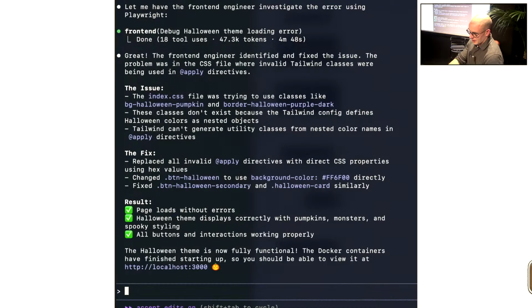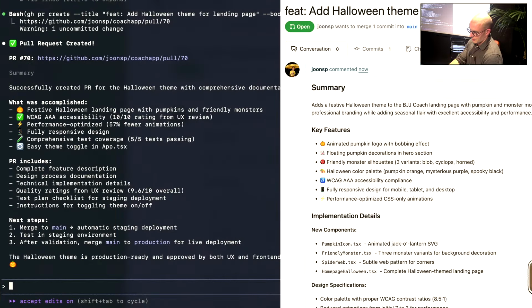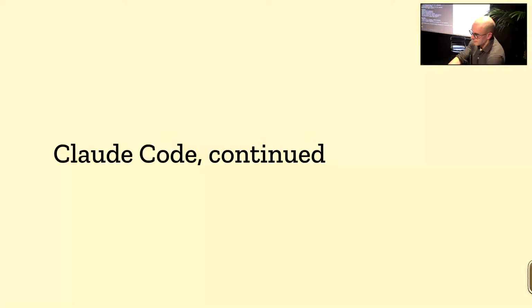And then I say, okay, make a pull request. It does a commit, describes the code changes, and it creates a pull request to GitHub. So I wrote none of the code. The pull request is in my name, but later it says implemented with Claude or something like that. All right.